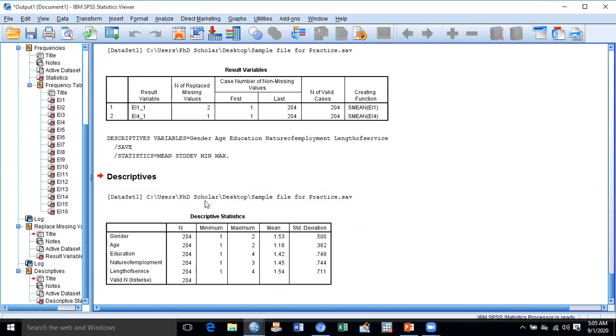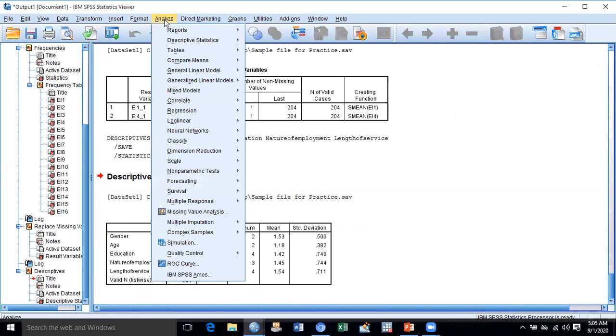As you can see here, it is showing that gender, education, and length of service have varied values. All types of data are shown here in descriptive statistics. You can also run the analysis again if you want to add more data values. Same way, we come to descriptive analysis.